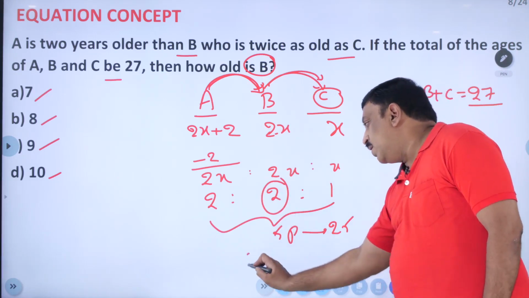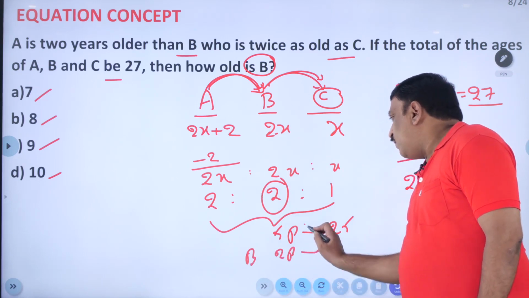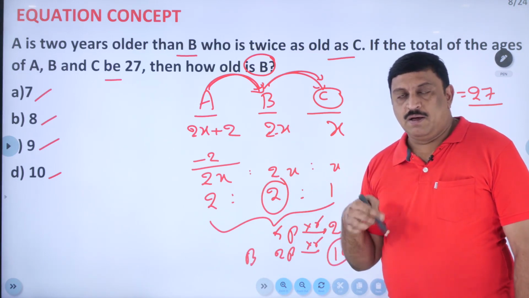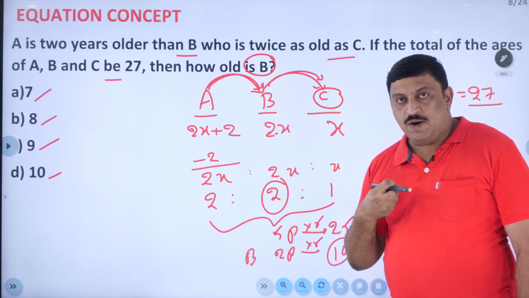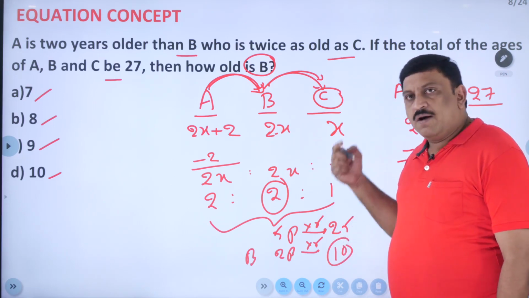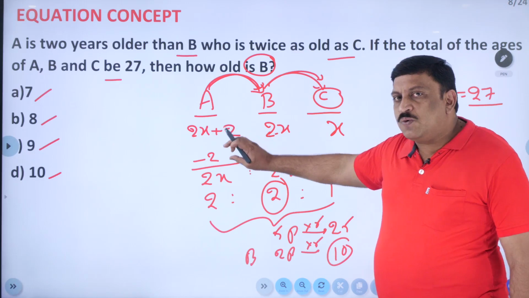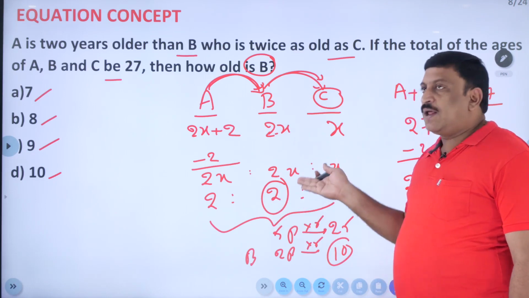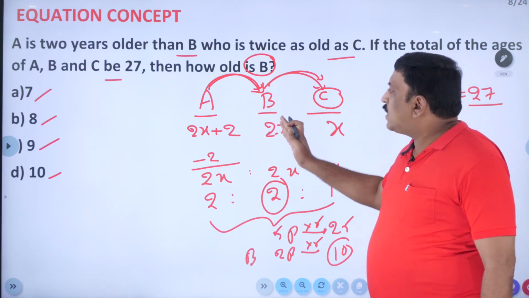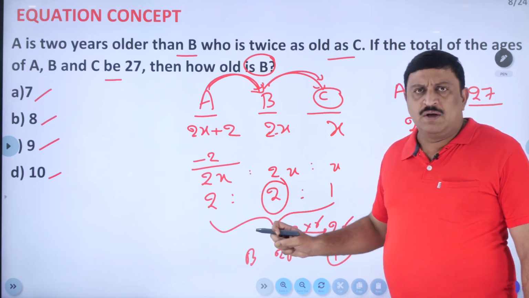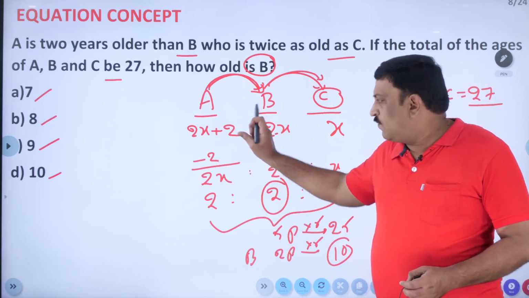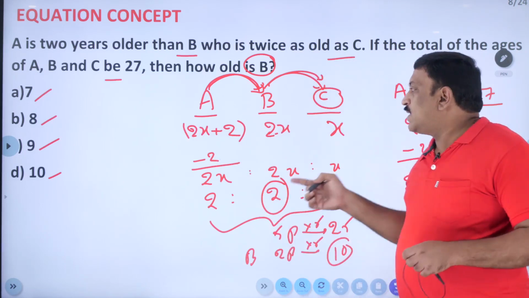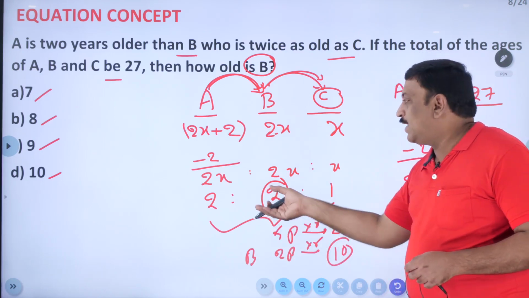We didn't change this person. So B is 2 parts, means how much? 5 parts is 25, so 2 parts is 2 fives, 10. Over. You should dare to do like this. Why? Because we learned everything. If we remove 2 from A's age, then they will definitely be in the ratio, because B is twice of this person and he will be the same as that person if you remove 2 years. Later on you give 2 years to him, no problem. But if you don't remove it first, you don't get the ratio. If you write like this, you don't get the ratio. For that reason, I logically removed this 2 years and said it is